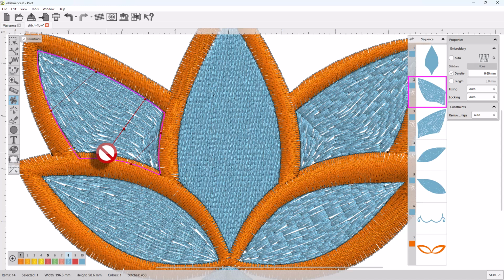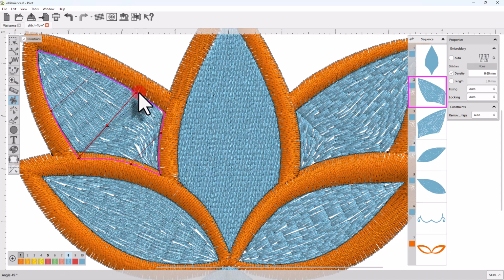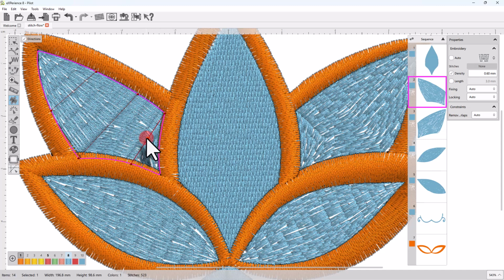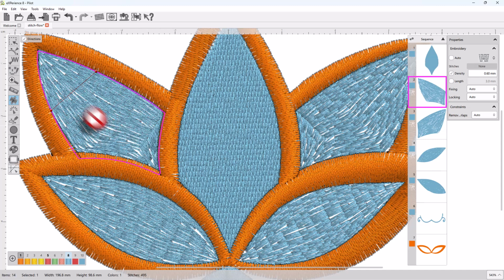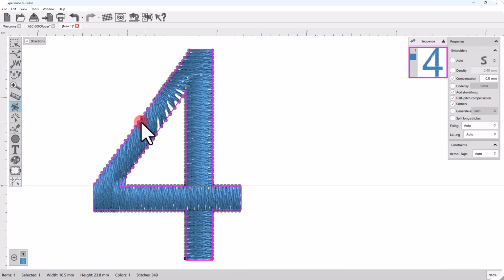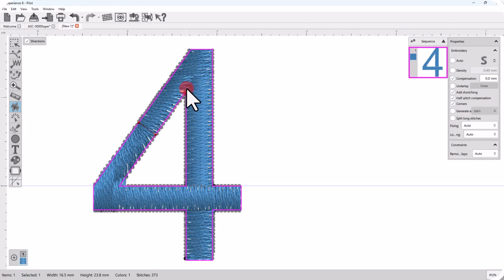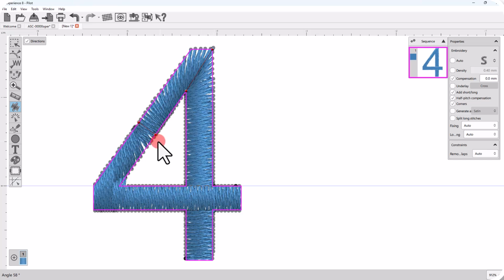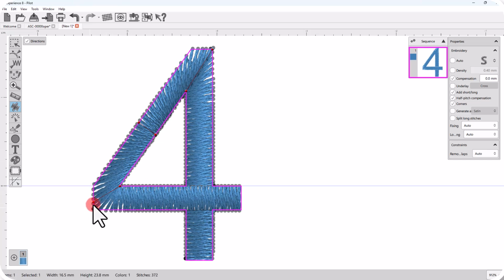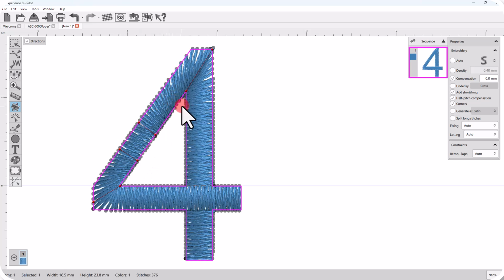As already mentioned, using the dots on the edges of the line, you can edit the line. And using the X that appears on the middle of the line, you can delete it. Using directions on satin objects, you can manage the way that the stitches flow on the satin bar. This is very useful when you want to create text art designs and embroider the design in a specific way,